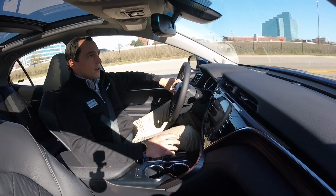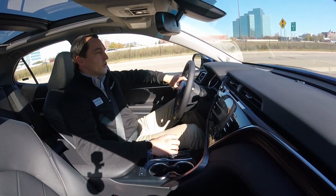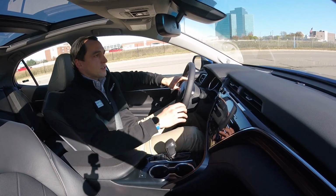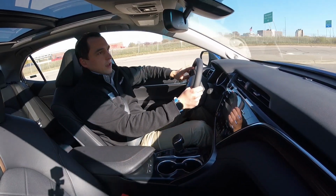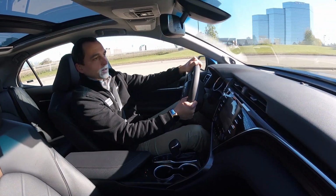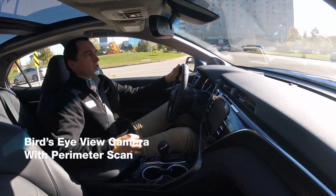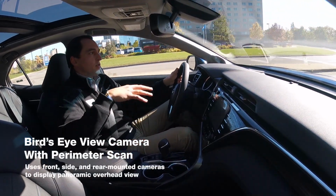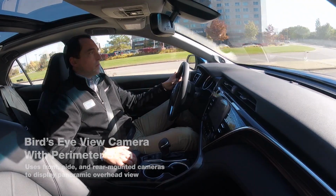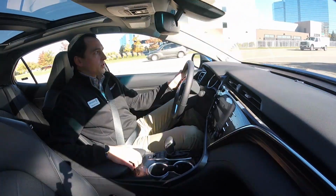This XLE model is going to feature a panoramic sunroof. It's also going to feature heated leather seats. It's got a wonderful backup camera. On this model, it has an advanced technology package which includes a 360 camera system that'll make a composite image of an overhead of the vehicle. It'll also let you see around the vehicle when you come to a stop, which is really nice from a